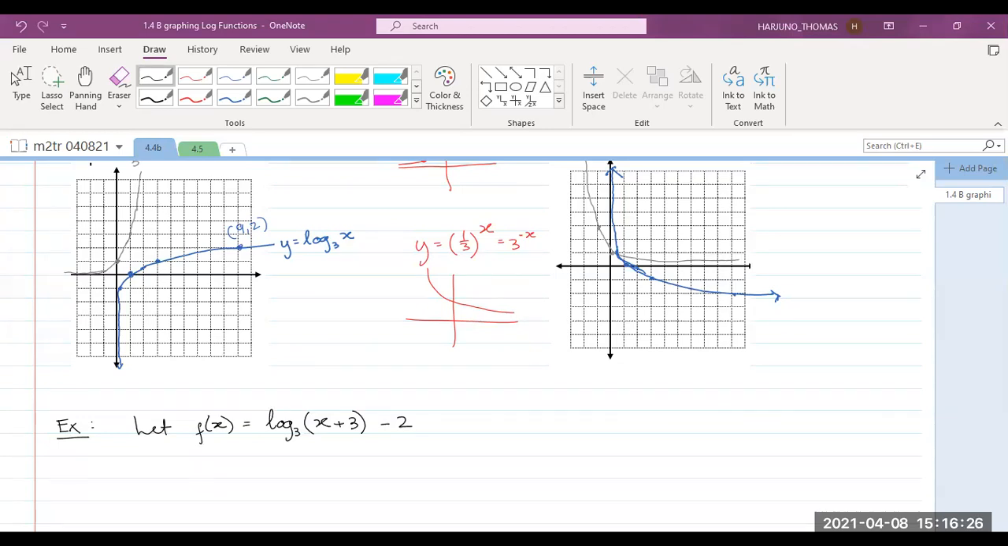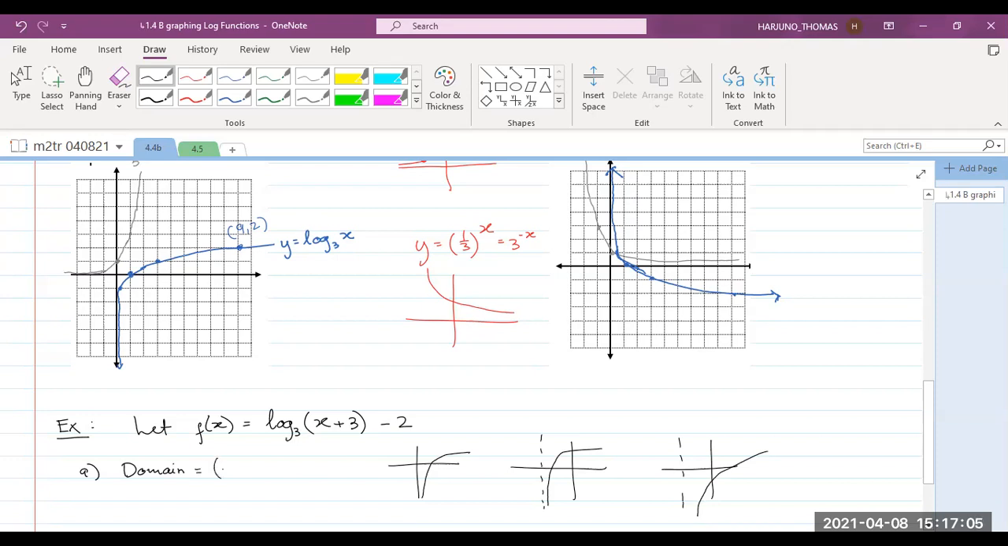we start from the domain. Part A, what's the domain? Now, the original domain for log base 3 of x is from 0 to infinity, right? Okay, now for this graph, we will move 3 units to the left, and then we move 2 units down. Now then the domain, as you can see, will be from -3 to infinity,